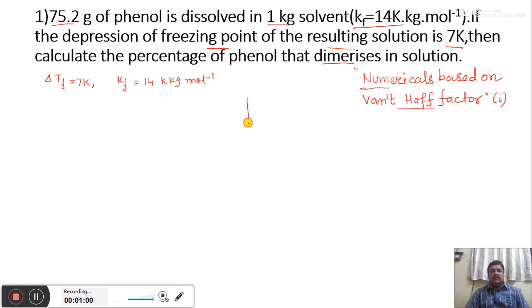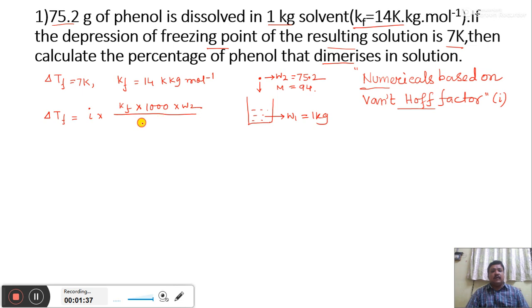Now, the picture of the problem is: solvent W1 is equal to 1 kg, solute phenol W2 is 75.2 and its molecular weight is 94. So the equation is del Tf is equal to i into Kf into 1000 W2 by W1 M2,